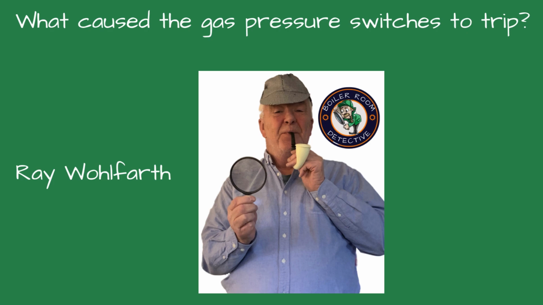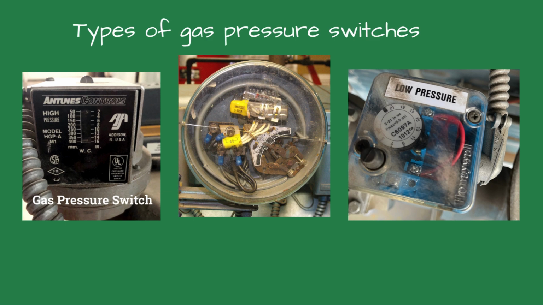Today we're discussing gas pressure switches on a boiler. Whether you're a seasoned professional or a newbie, I hope you learned something new from the video. Some commercial boilers use gas pressure switches to shut off the boiler if the gas pressure feeding the boiler is too low or too high. These controls, aptly named low gas pressure switch and high gas pressure switch, are important to have a safely operating